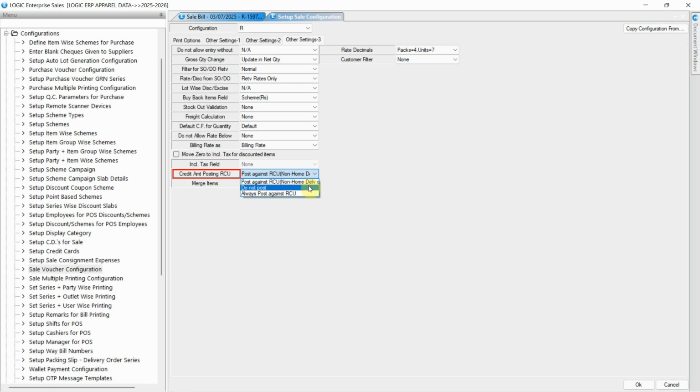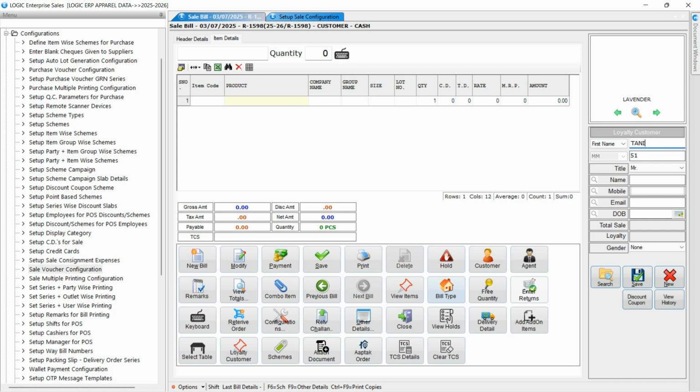Let's return to the sale voucher configuration and examine the functionality of the second parameter, Do Not Post While Billing. This option indicates that no credit amount will be posted against any RCU, regardless of delivery type. Now, generate a bill with the bill type set to regular